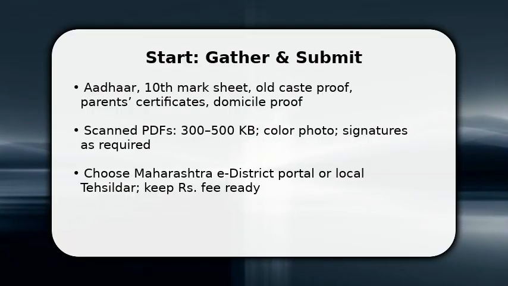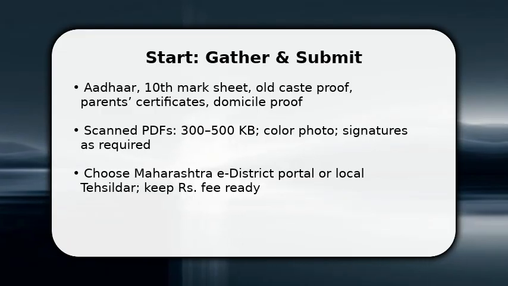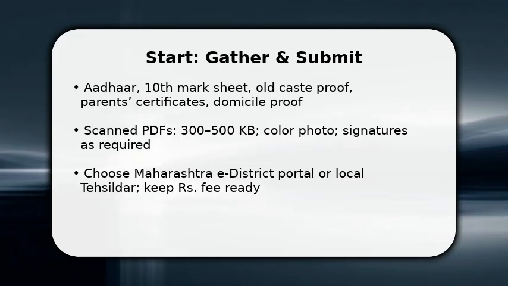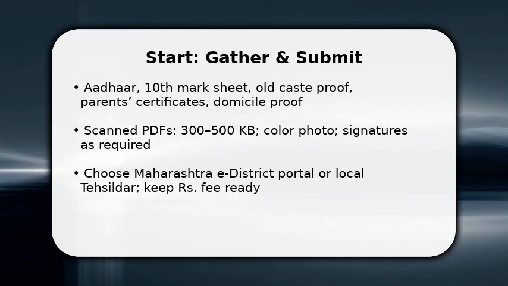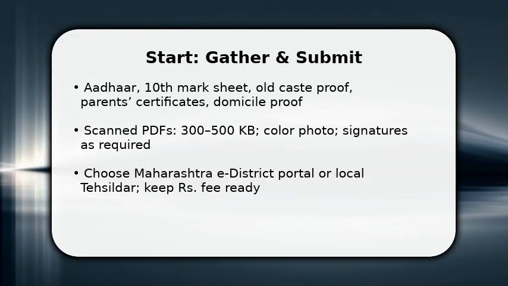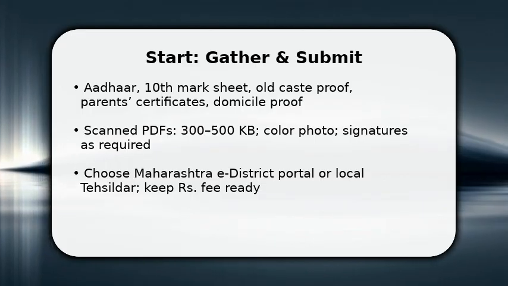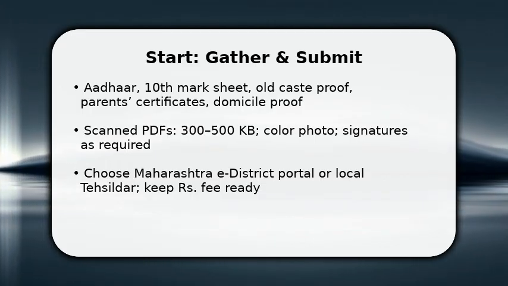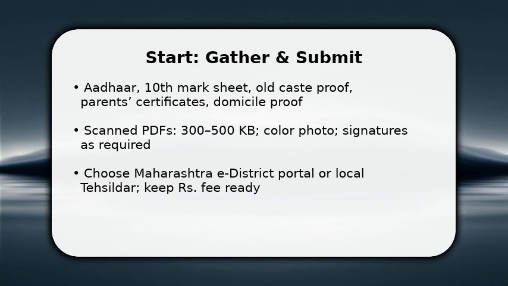You begin by collecting the exact documents that prove your caste, identity, and residence. This prevents delays. Once you have Aadhaar, school or parent caste proofs, and a domicile, open Maharashtra e-district or visit the Tahsildar. Fill the caste certificate application carefully, upload clear scans, and pay the nominal fee. Make sure names and spellings match across documents. Mismatches cause rejections. After submission, note the application ID and move to tracking immediately, so you can respond fast if